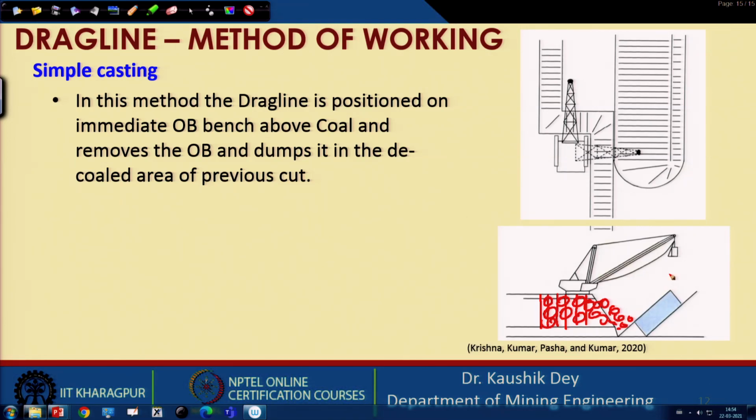In other words, these are the fragmented boulders, and these fragmented boulders are now taken by this drag line. After taking this, the drag line is rotating and dumping the material at this position. So, the material is dumped at this position. In a nutshell, the drag line is working in general like this, and this method is called side casting.